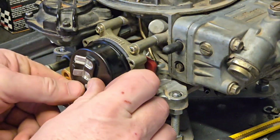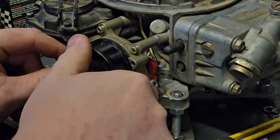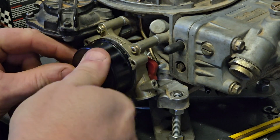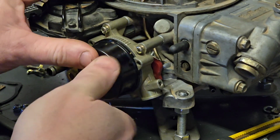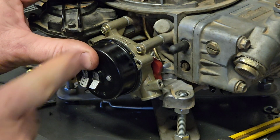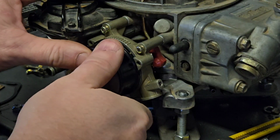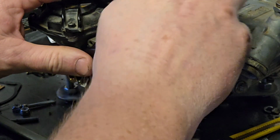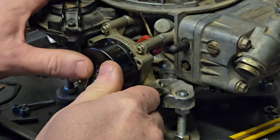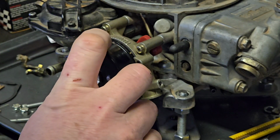just goes on like that, and you've got to turn this in the rotation that tightens the spring to a point where this little marker, and I'm just going to put it in the middle of the adjustment range, and that appears to me to be the way that we want it. Let me just double check. Oh no, you know what? I was wrong. We don't want to give that a full crank on the spring, otherwise we're never going to get